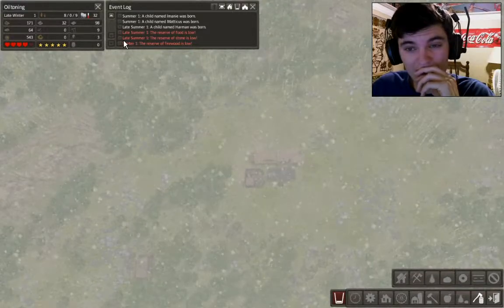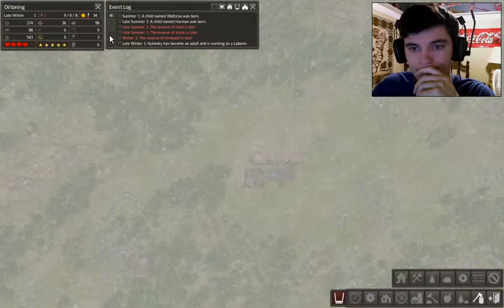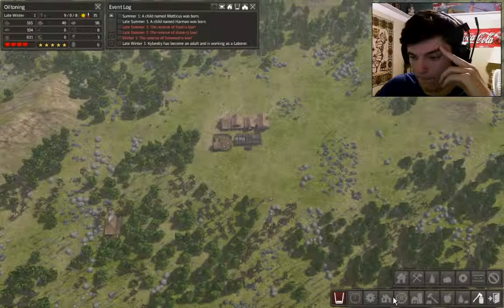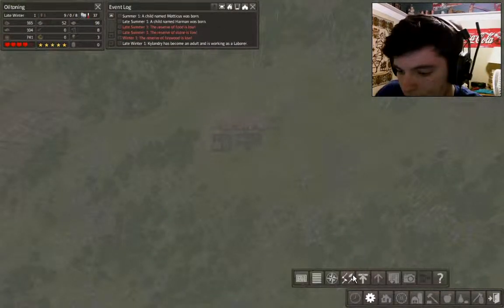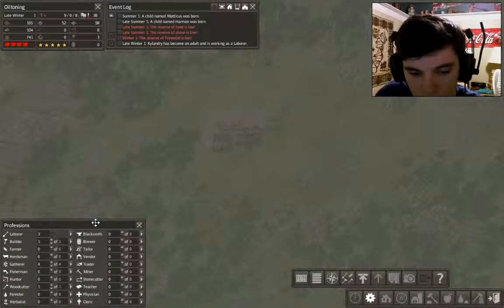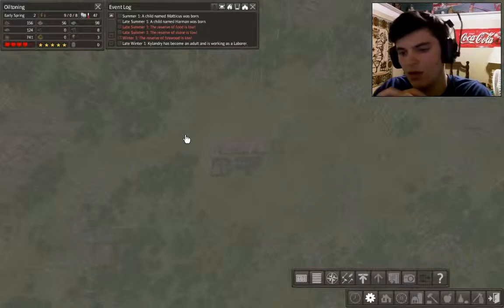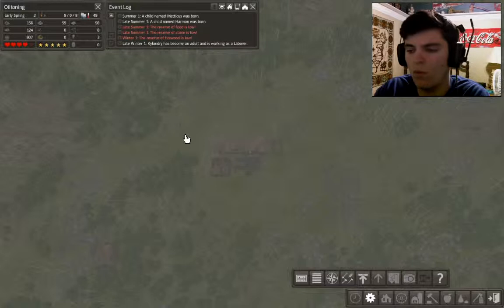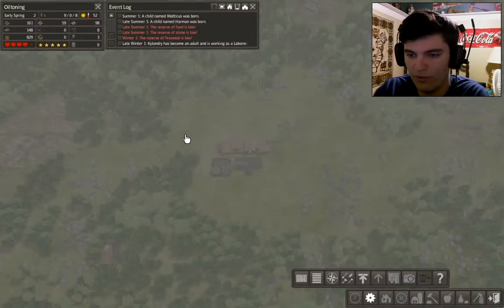I've actually had a lot of kids already. Not good. Kids eat a lot of food. But I'm going to go ahead and build another house actually. A little tip for you guys: if you want to expand your city, if you want to have more people, if you want your people to mate and give birth and